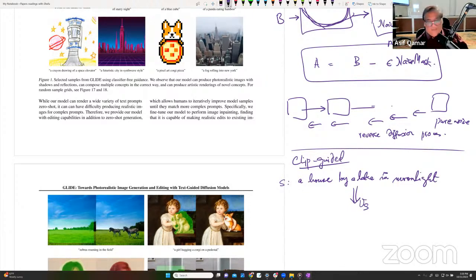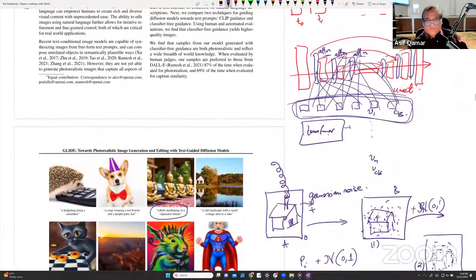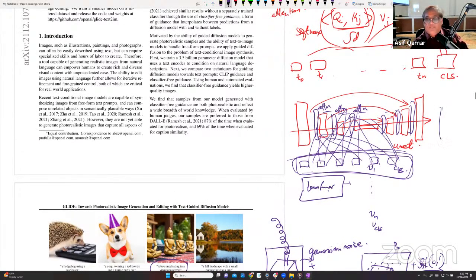Are we together? Now, suppose you go through this guide, like this process, keep on doing it, and you end up with a picture that sort of has a house by a lake. Here is my lake, and here is my moon. Does it look reasonably realistic, guys? Here we go. Right? So here is my house by a lake in moonlight. Now I can convert, CLIP does what? CLIP converts an image also into a vector. So this will be the vector embedding of the output image,